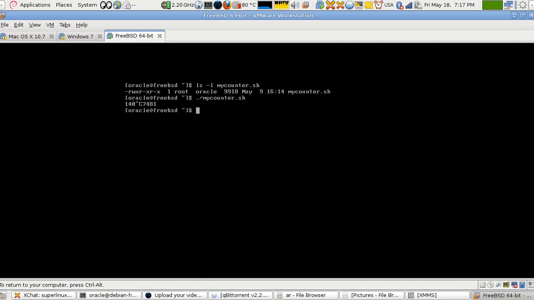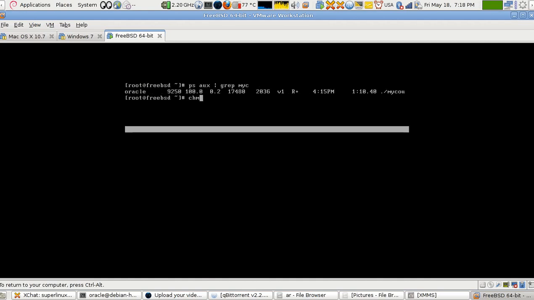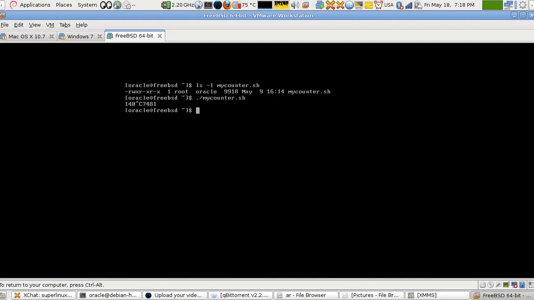Next, here I'm trying to prove to you what setuid is. I run chmod u+s on /home/oracle/mycounter.sh. You have to do it from the root user. Okay, it's set. Now if I go to the Oracle account and run this,